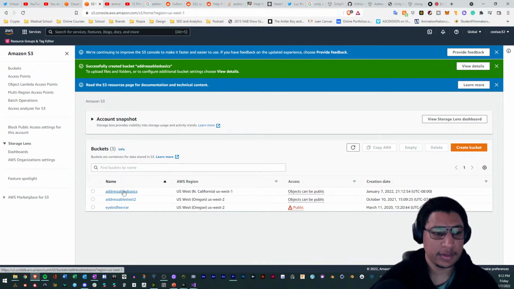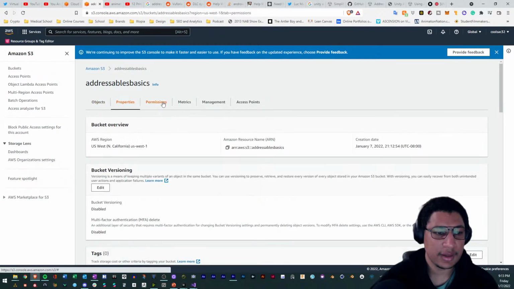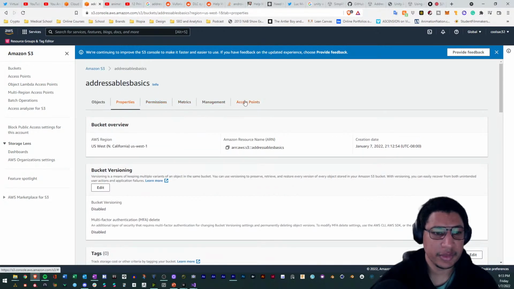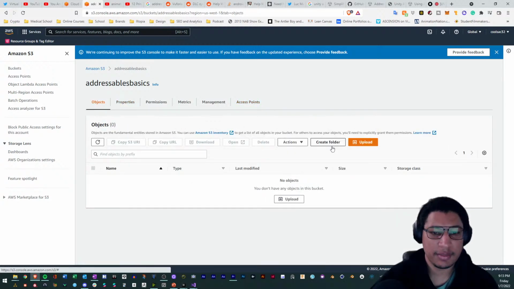Perfect. All right. So now that we have the bucket created, I'm just going to open it, go inside of it. And then now that I have that, I'm going to look at all my permissions and everything. So this is how it works. Pretty much have your permissions, your access points, all these different things that make the Amazon bucket awesome. And so with it, I'm just going to take this